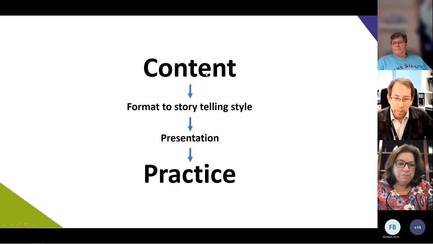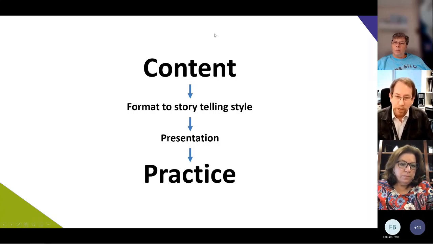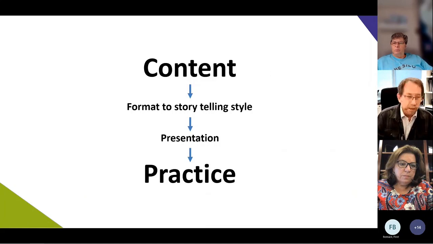But if the content is bad, then your actual 3-minute thesis is not going to be good. So you need to spend an awful lot of time making sure that your story is accurate